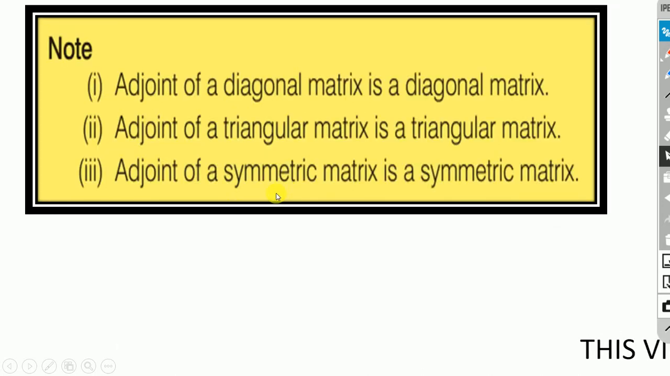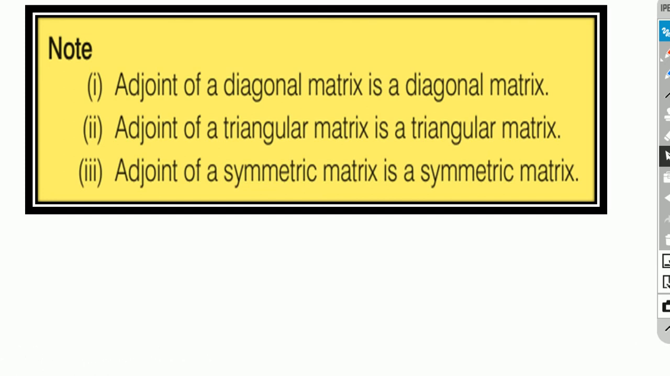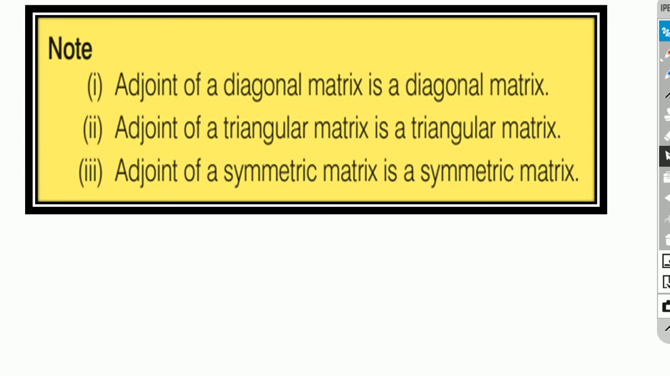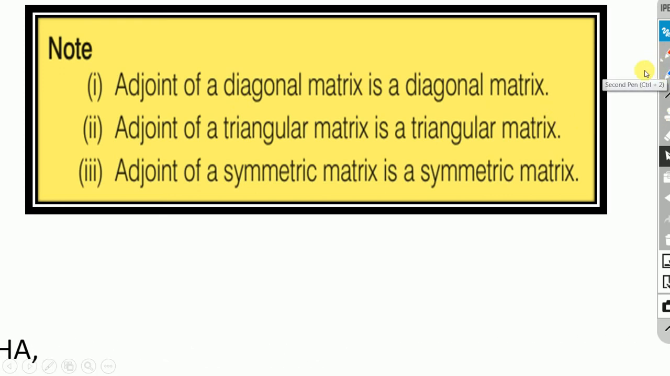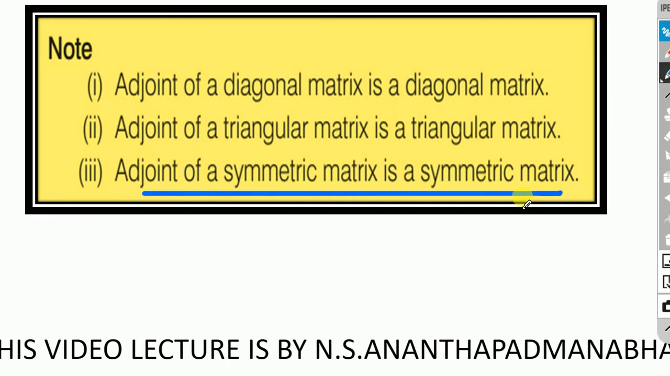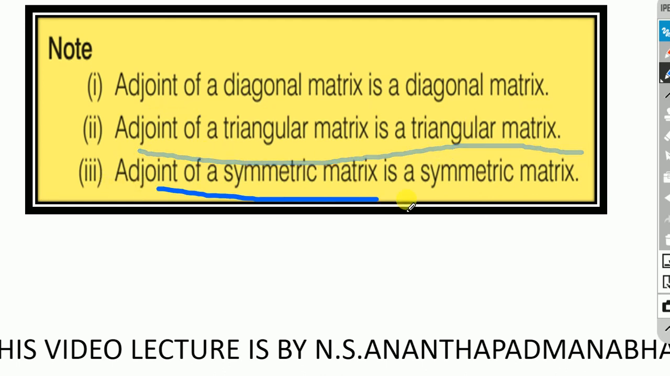And matrices and determinants are related, and you cannot bifurcate them. So in this chapter on determinants, we will be using the term matrices also, and some of the properties of matrices. Adjoint of a diagonal matrix is a diagonal matrix, adjoint of a triangular matrix is a triangular matrix, and adjoint of a symmetric matrix is a symmetric matrix again. So you have to note all these three properties. These properties are important,